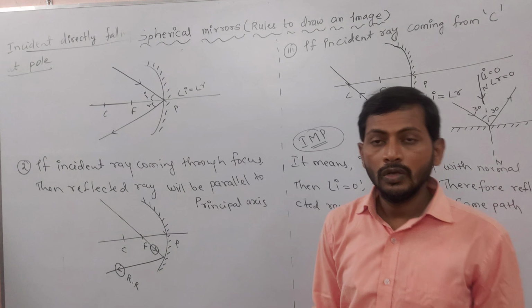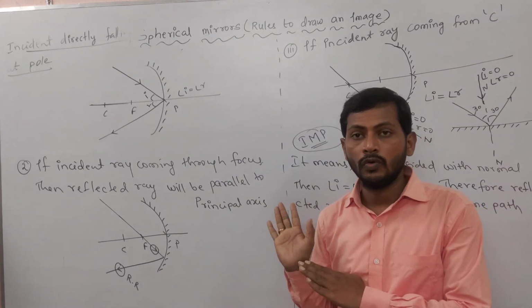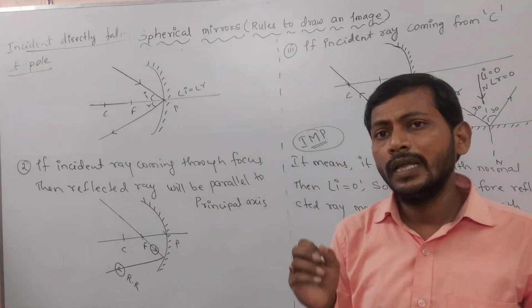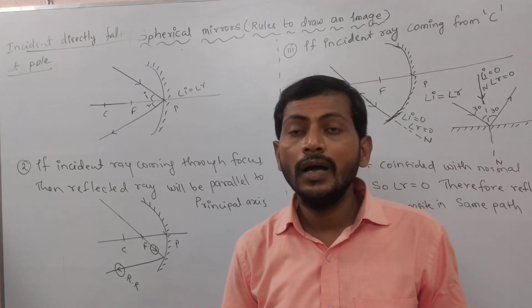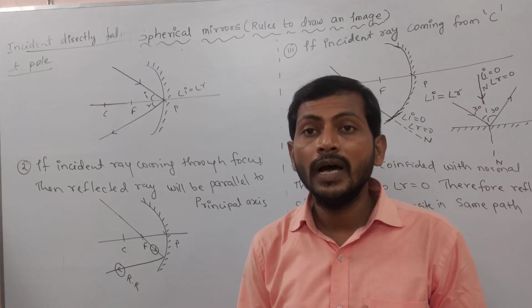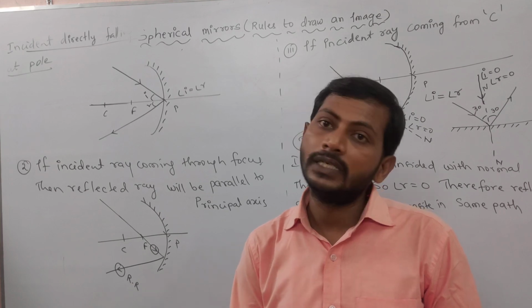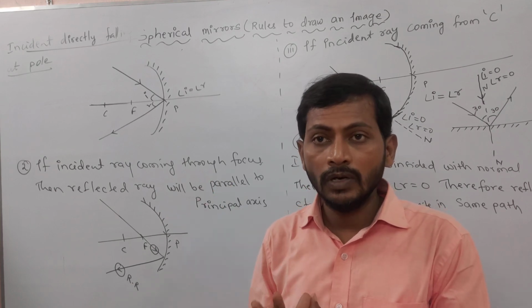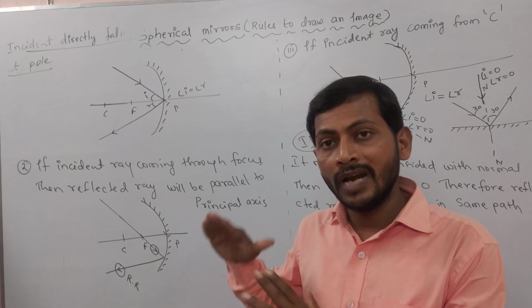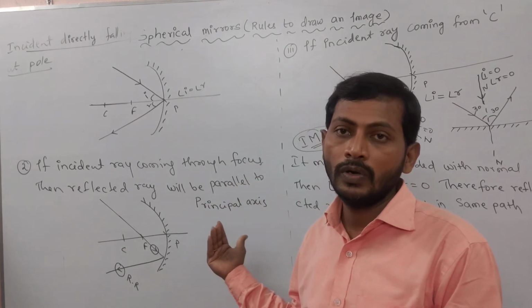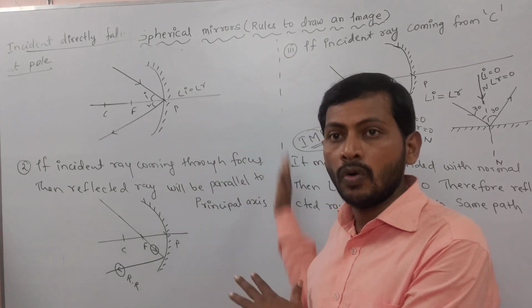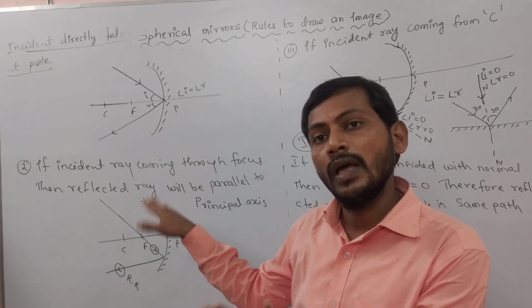Okay, I hope that you understood these four rules very well. In the next class, in a tricky way, with an easy method, we are going to draw the images formed by the concave mirror. And you may get one doubt: are these rules applicable for convex mirror or not? These rules are applicable for convex mirror also. And how we can draw these four rules for the convex mirror, I will discuss